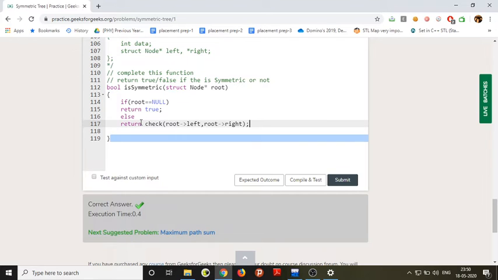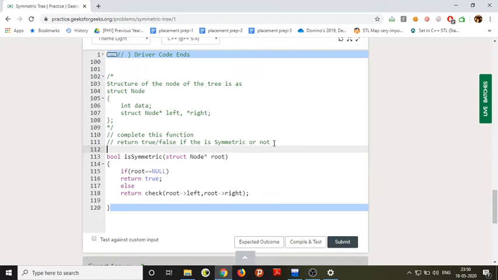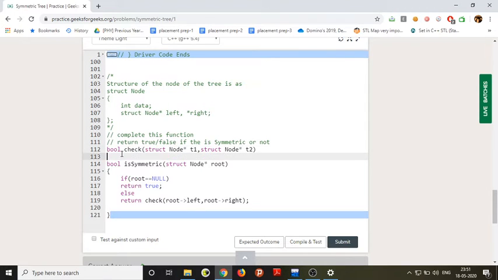Now we will try to write the code for this check function, which takes two arguments, two nodes. It also returns a boolean. So check takes struct node *t1 and struct node *t2.